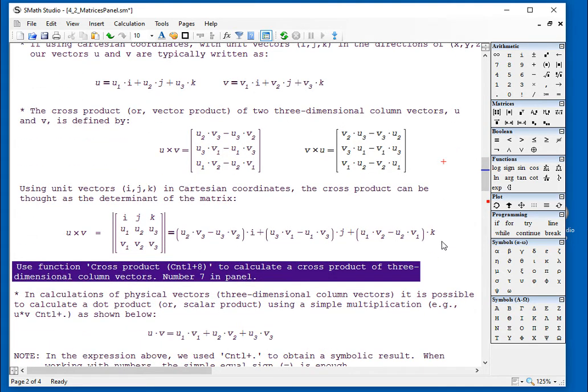When you use the Cartesian expression of the vectors, of 3-dimensional vectors, the cross product is actually the determinant of a matrix consisting of i, j, k, and then the components of U and V, and it produces this result. You probably have learned that in your